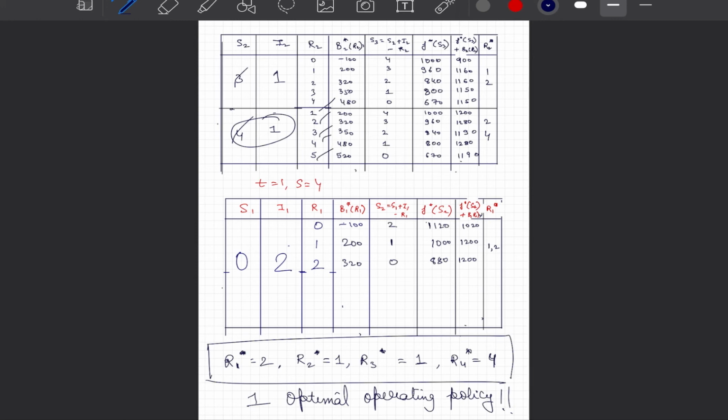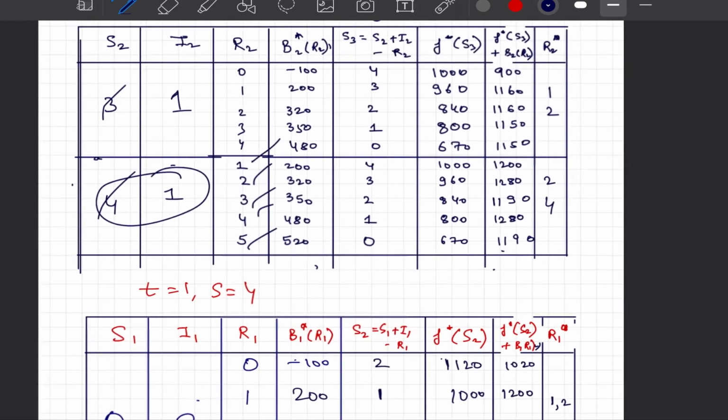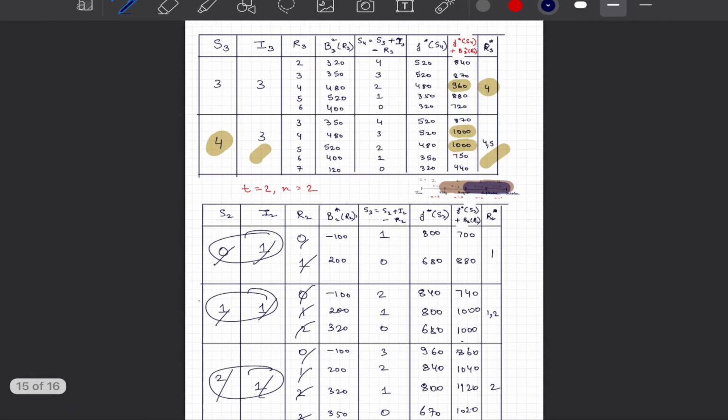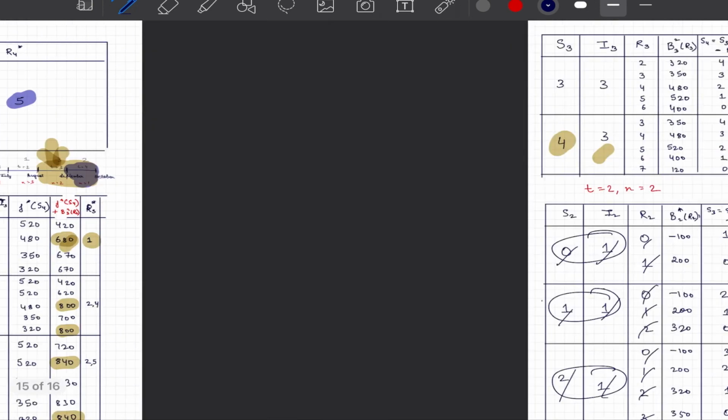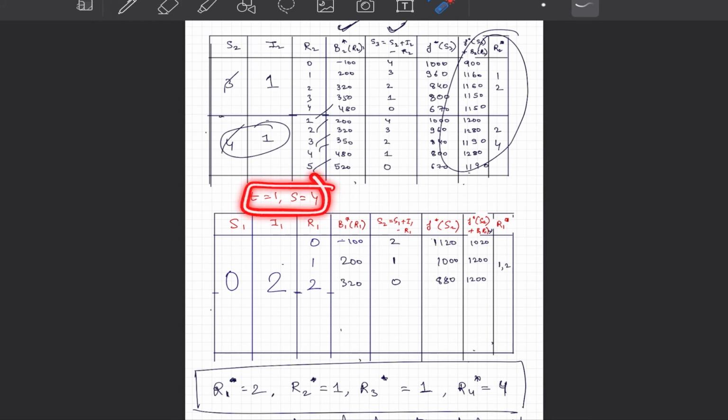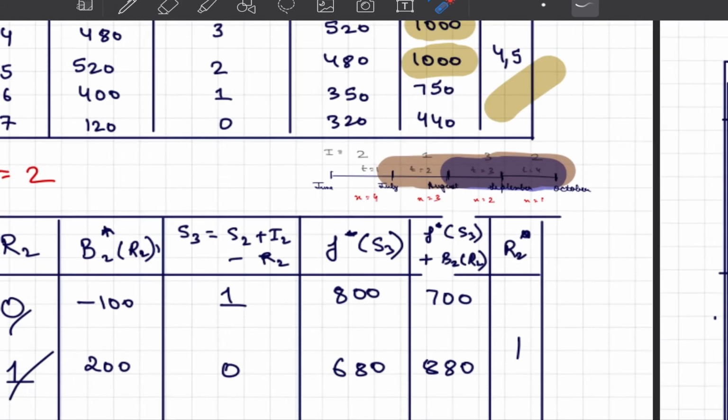And then again, we look at the returns just by this release. Returns because of the updated state at time at S3, for which we already calculated in the table, add with the returns that we have calculated in our previous table, that is T3 and 2, and we again identify what are the releases that we are going to make. Finally, we reach the first or the end of our boundary conditions.